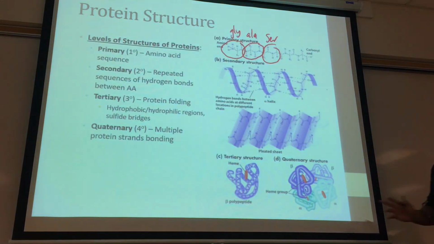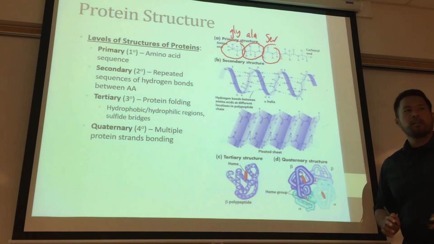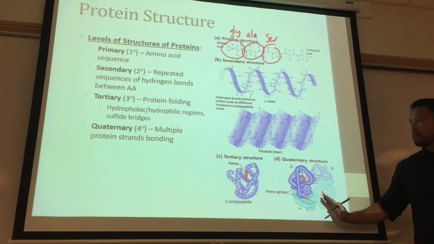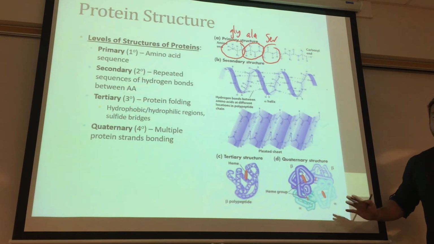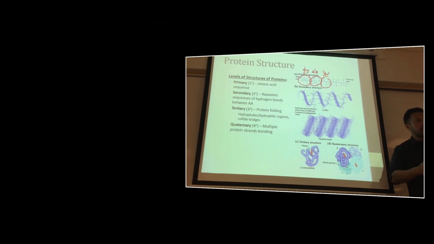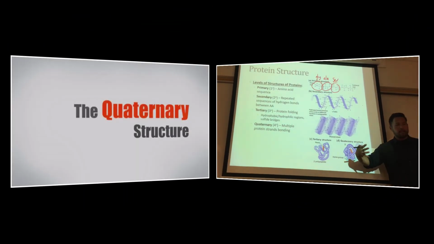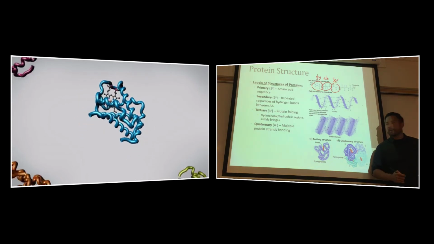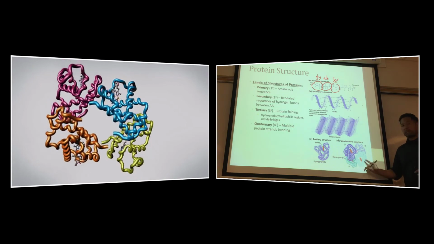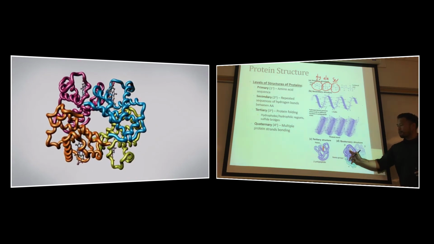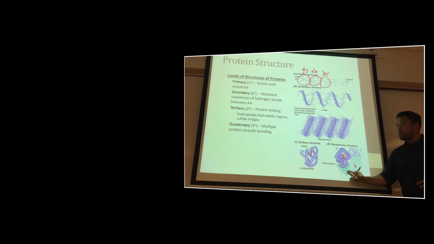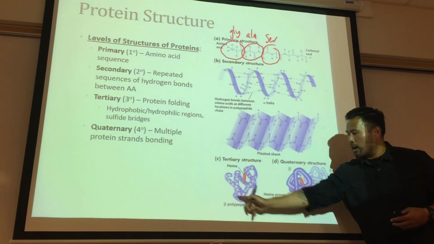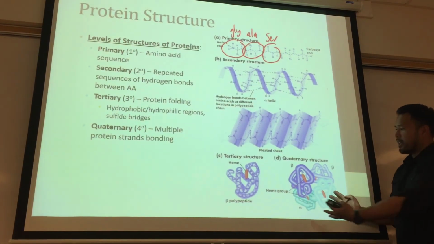Let me get into the last one. I forgot this other one. The quaternary structure. This one's a little bit simpler. You're taking protein strands that have folded together, and you get another protein strand that comes and folds together, and they'll kind of just stick together like a lock and key. And that's exactly what hemoglobin is. Hemoglobin is made from 4 different protein subunits, and I'm talking about 4 of these structures that stick together and